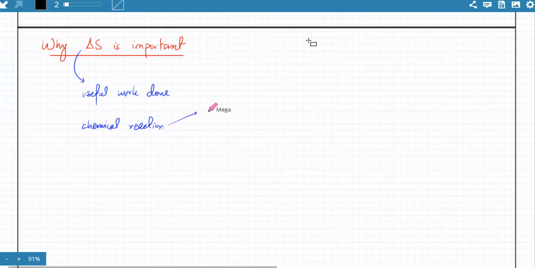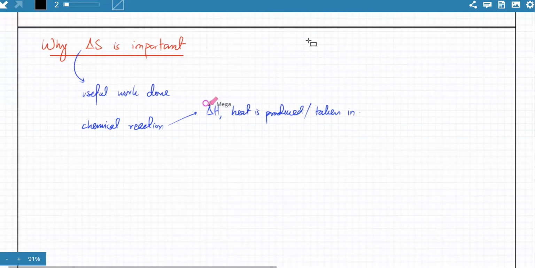There is an enthalpy change, delta H. So heat is produced or released, either produced or taken in. For example, you burn a match and you see fire and there is heat being produced. But that heat is kind of very useless. You can't really do much with heat. And remember this,